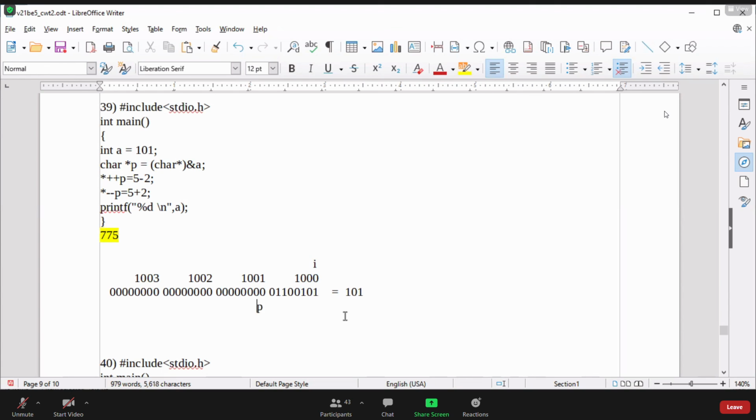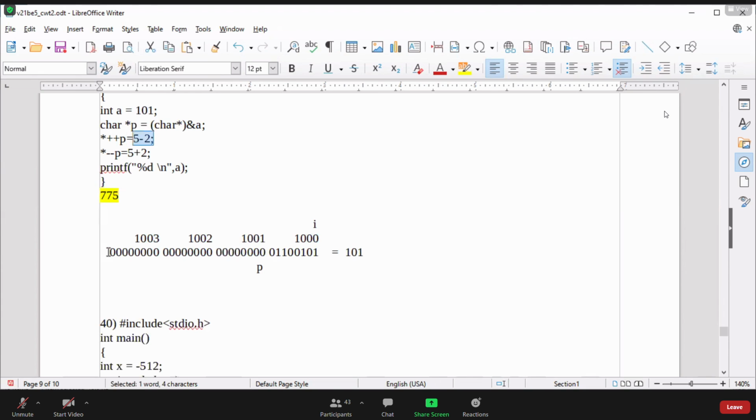Now the pointer is pointing at location 1001. When we do dereference, it will take only this 1 byte of data, and we are going to replace this 1 byte of data with 5 minus 2.